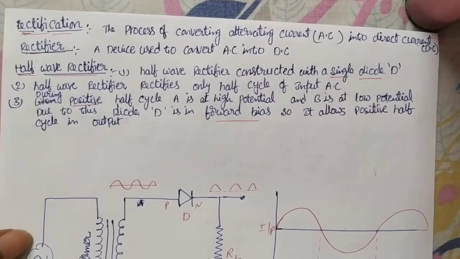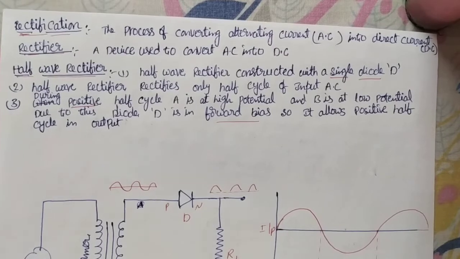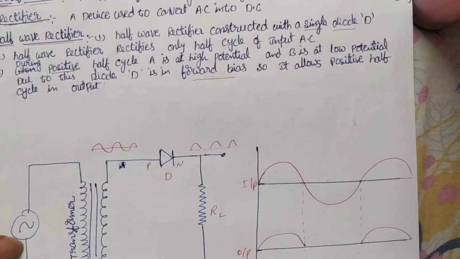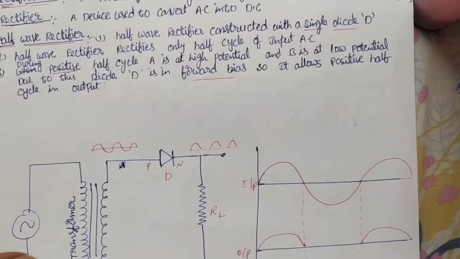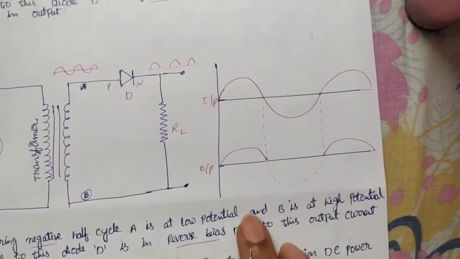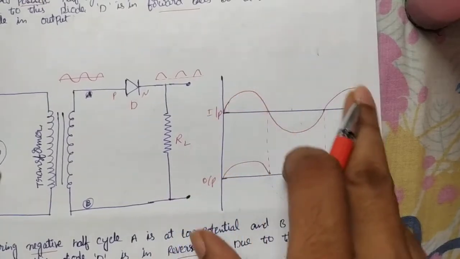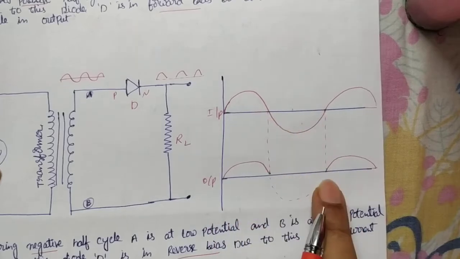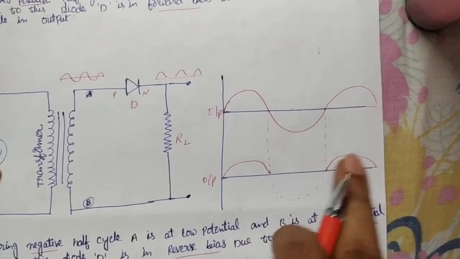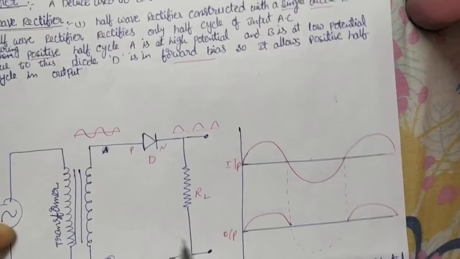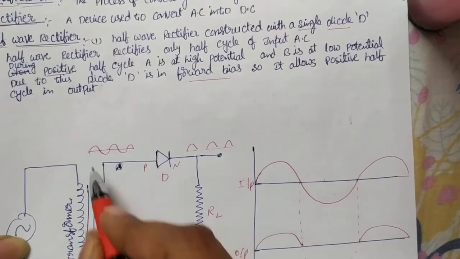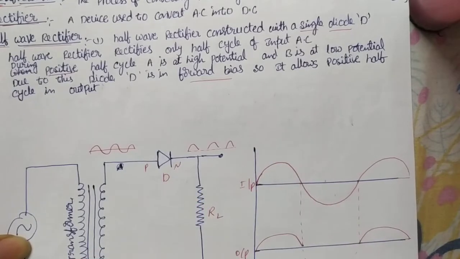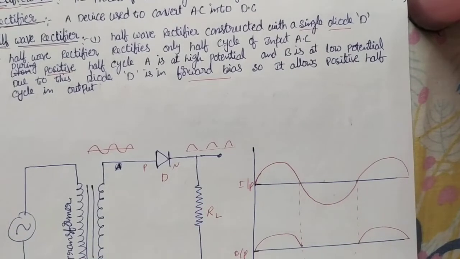Here we have two types of rectifiers, the half-wave rectifier and the full-wave rectifier. Why do they call it a half-wave rectifier? It converts only half of the wave into DC. Of course, it is not completely converted into DC. If this is the continuous waveform, the positive half cycle comes outside, but the negative half cycle is cut. Again the positive half cycle comes outside. That means only the positive half loops come outside, and the negative half loops are clamped or cut in the output. That is because of the half-wave rectifier.